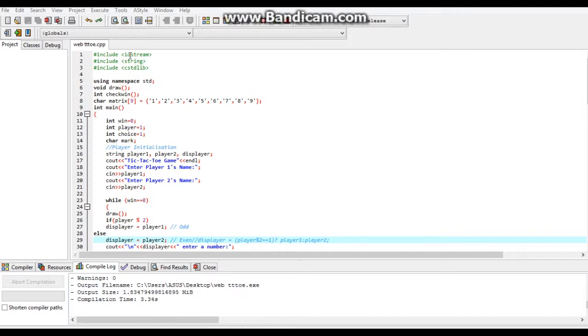will be needed in your program, and then declare what you need. For example, I declared character matrix 9 for the rows and columns of the tic-tac-toe game. As you know, a tic-tac-toe game has 3 columns and 3 rows, and that's why I declared from number 1 to number 9. And then in the main body,